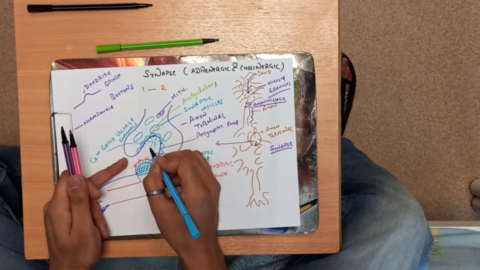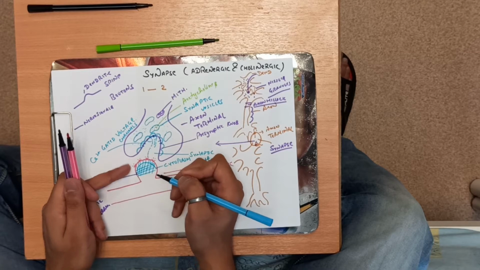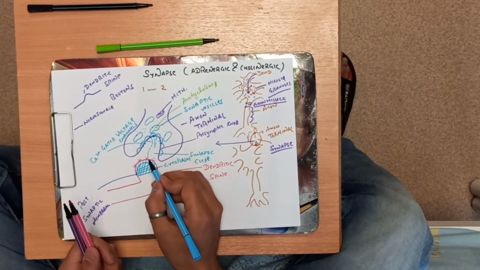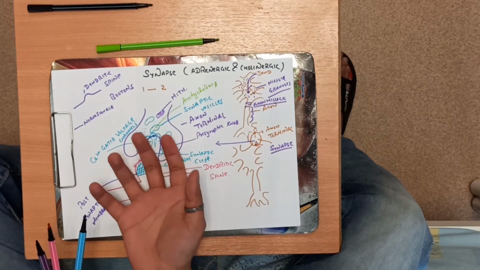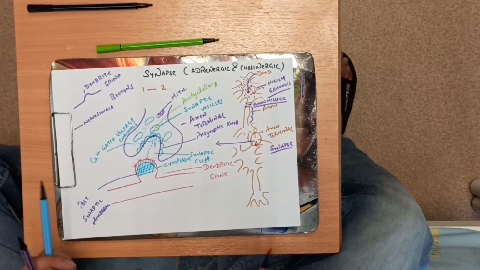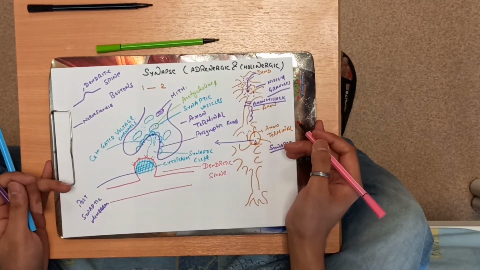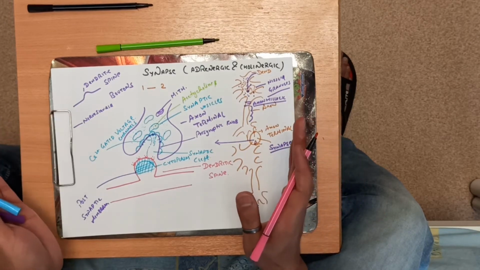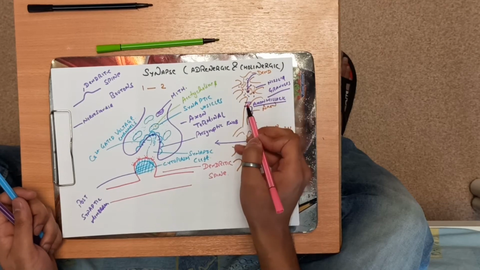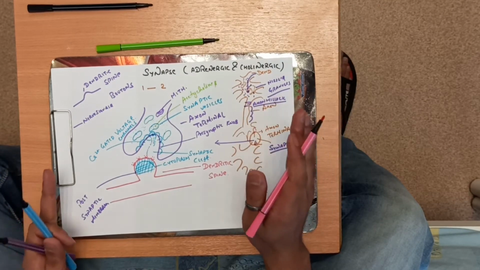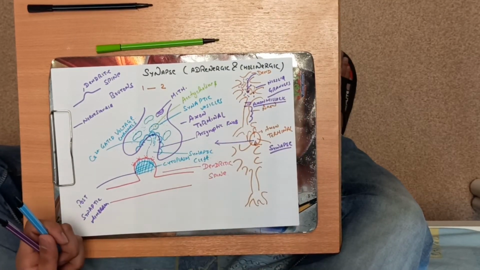Acetylcholine will get released and it will reach the acetylcholine receptors. As soon as it reaches the acetylcholine receptors on the postsynaptic membranes, the dendrites will pull the information, or the nerve impulse mainly. There is a difference between nerve signal and nerve impulse. Nerve signals reach the dendrites and nerve impulse is produced in the axon hillock in the form of action potential.